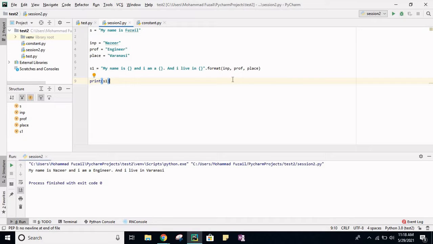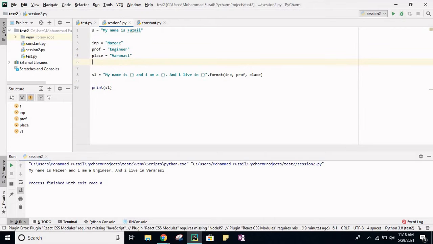So you got the idea how to use the format function and where to use it, right? Any doubt in the format function? No, sir. And not just strings, we can even pass integer values. Let's say I'm passing an age as 30.